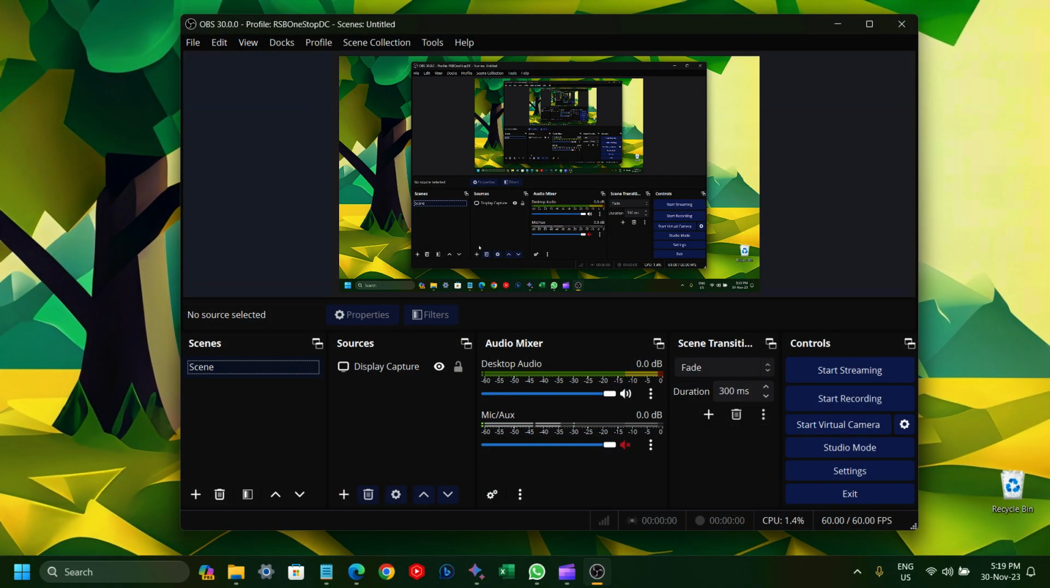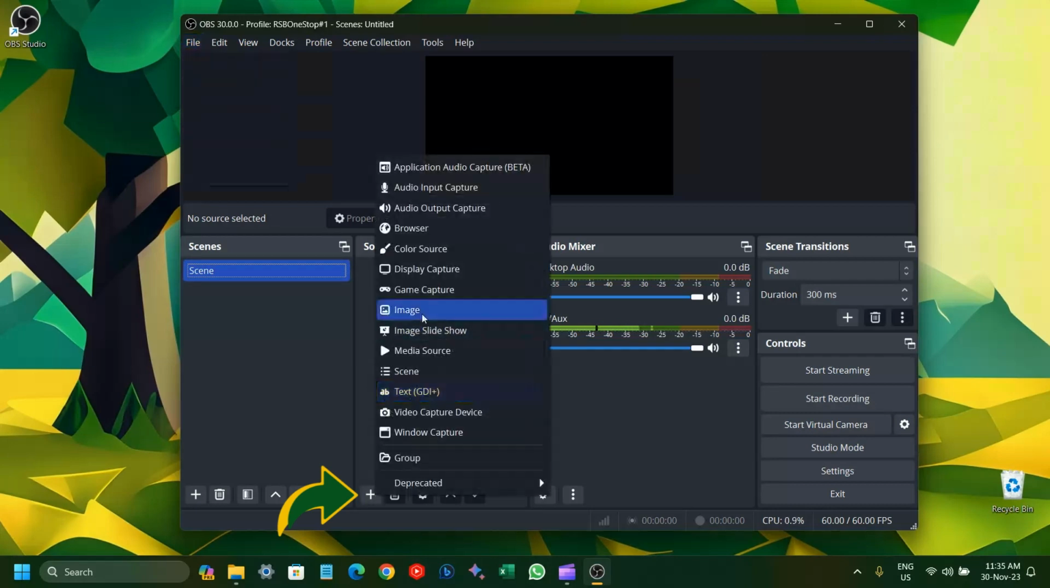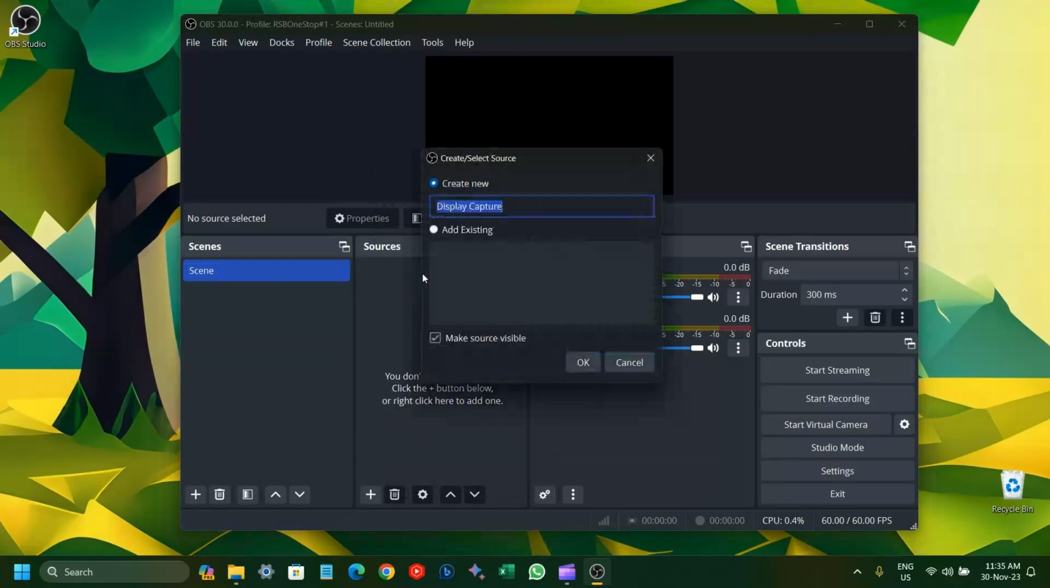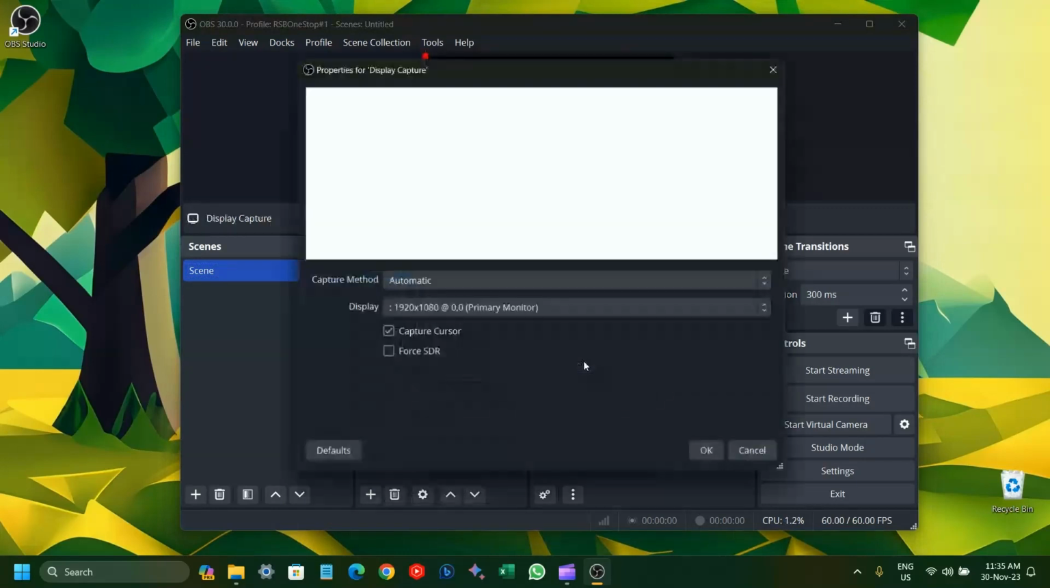Next, let's configure the source to capture the entire screen. To capture the entire screen, click the plus or add button in the bottom left corner of the Sources panel and select Display Capture. You can give the source a name or simply click OK to proceed to the next